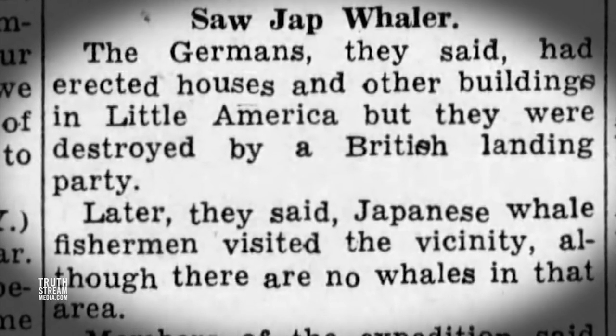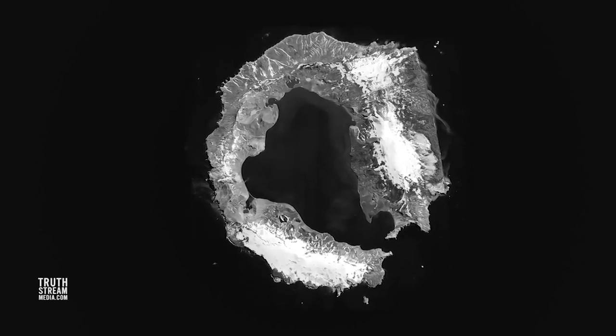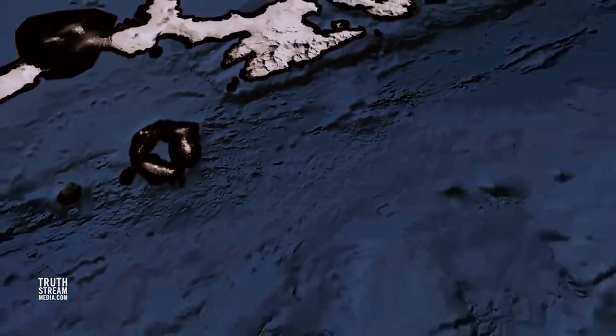Britain reported not only Nazi bases there, but vexing Japanese whaling expeditions as well, and a definitive move was needed to outmaneuver Nazi-friendly Argentina, who held the de facto claim to influence over the region. The British occupied several key positions, including Deception Island, a tiny donut-shaped piece of land known for having the only ideal sheltered anchorage in Antarctica, but also host to an active volcano under its calm waters, as well as Hope